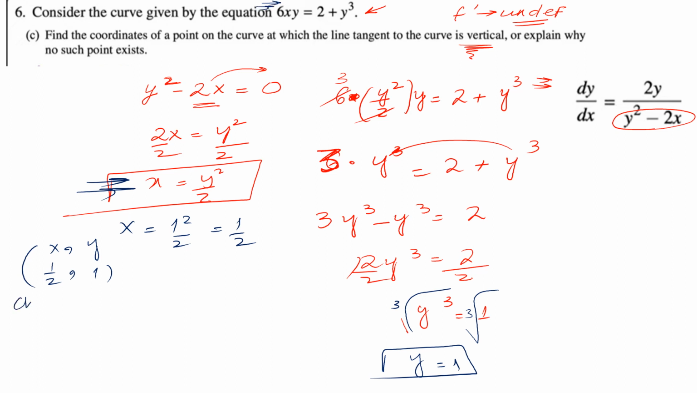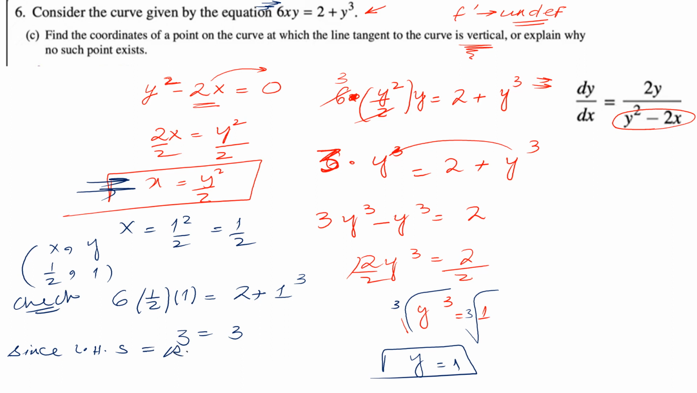So I will write here, check. So 6 in place of x I will write half, in place of y I will write 1. So 6 times half times 1 equals 2 plus 1 cubed. 2 plus 1 cubed gives me 3, and 6 times half times 1 also gives me 3. Since the left hand side is equal to the right hand side, 3 equals 3,